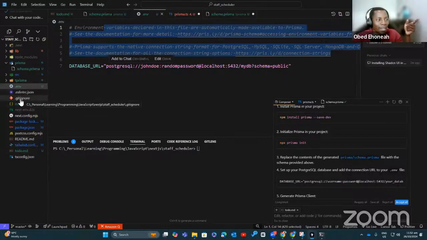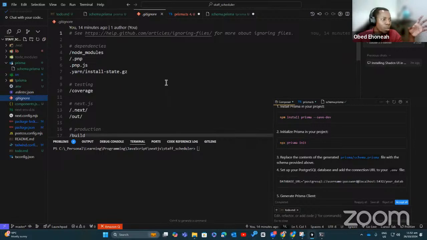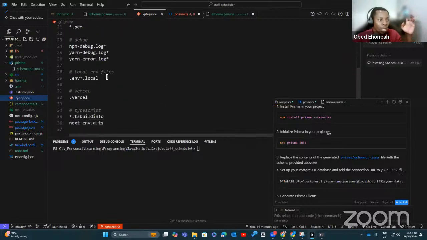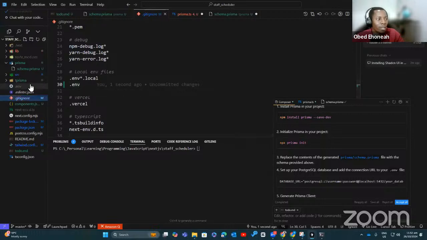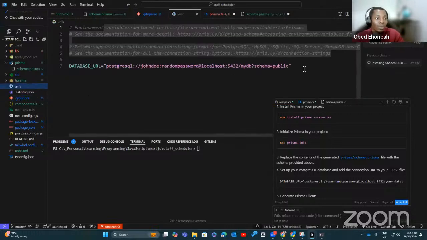By default, Nest.js does not ignore .env. It rather ignores .env.local. So you want to always come in and add the .env to the gitignore if you want to avoid a problem.